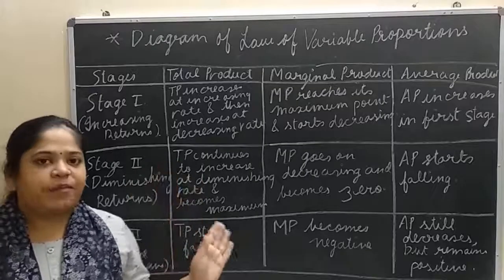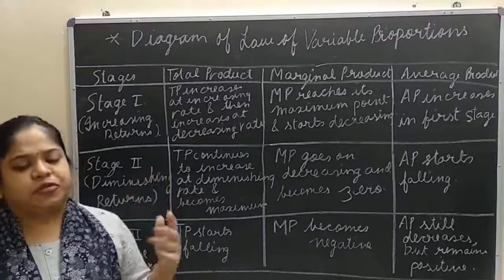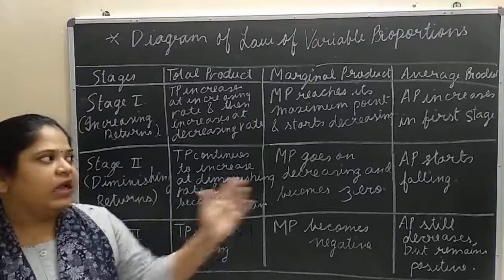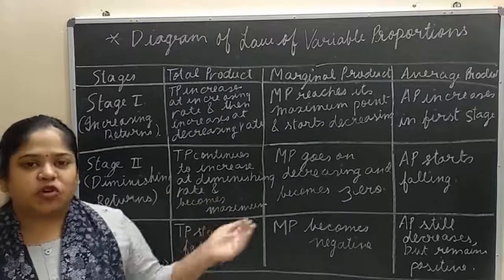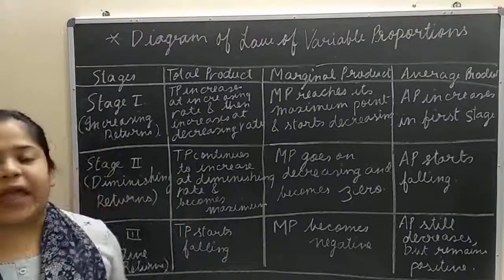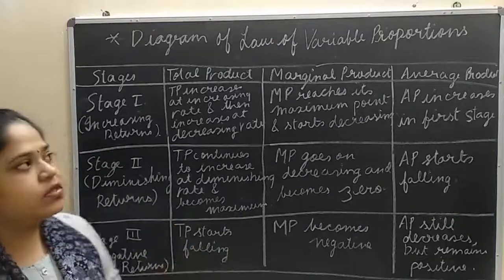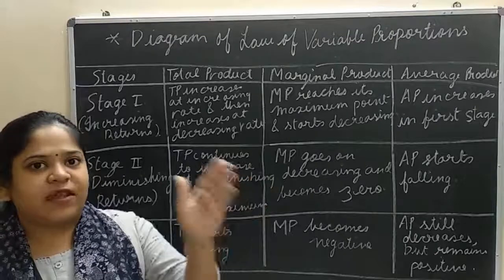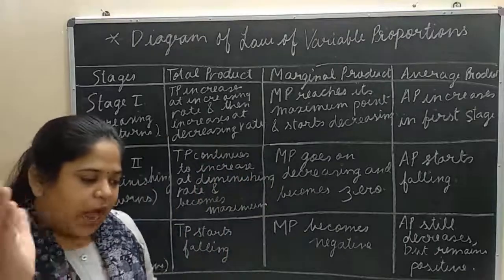For the explanation part, students, I would like you to go back to the diagram again and again, okay? Because on the board, I'm not able to show the diagram and the explanation both here. So you need to go back to the diagram again and again to check the things. You very well know what the stages are, stage 1, stage 2 and stage 3. I told you.